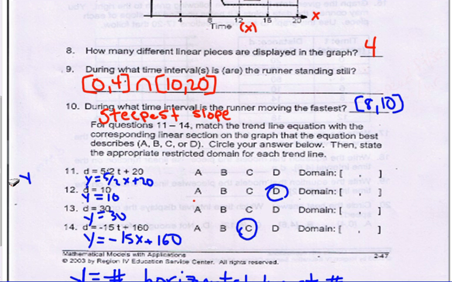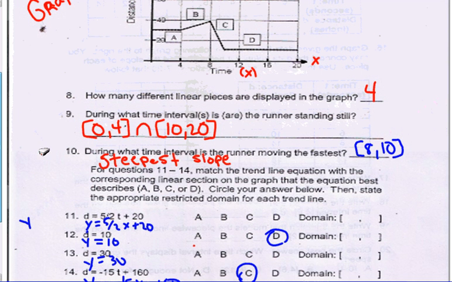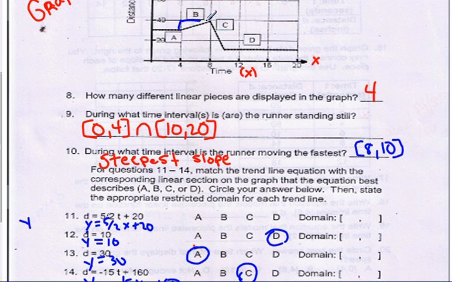And then y equals 30 is section A, up here where y is 30. So we're going to circle A for y equals 30. So that obviously only leaves section B, and that's your slope of 5/2. And if you notice, your rise right here is 10, and your run is 4. 10/4, that's your slope, is indeed 5/2. So this one is